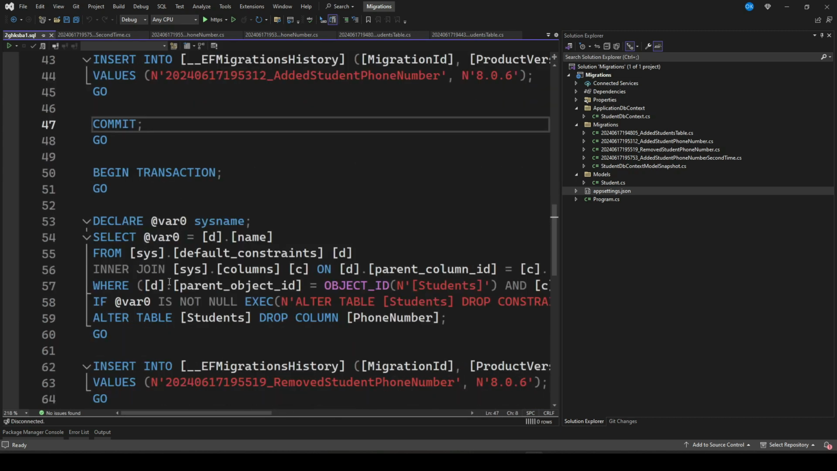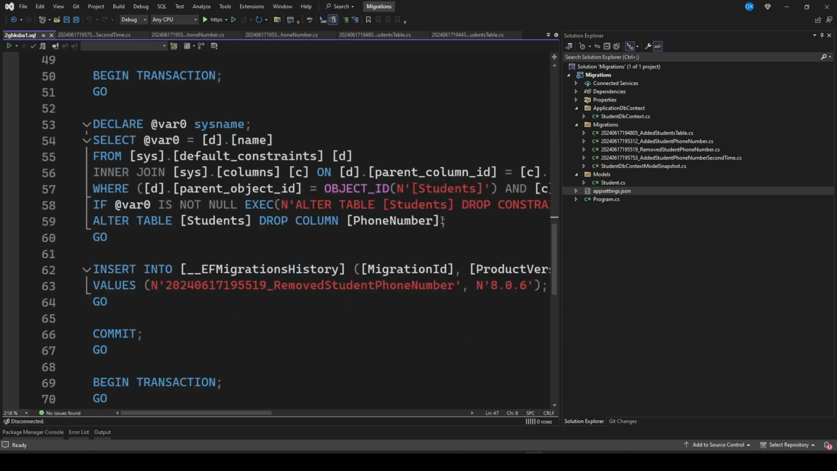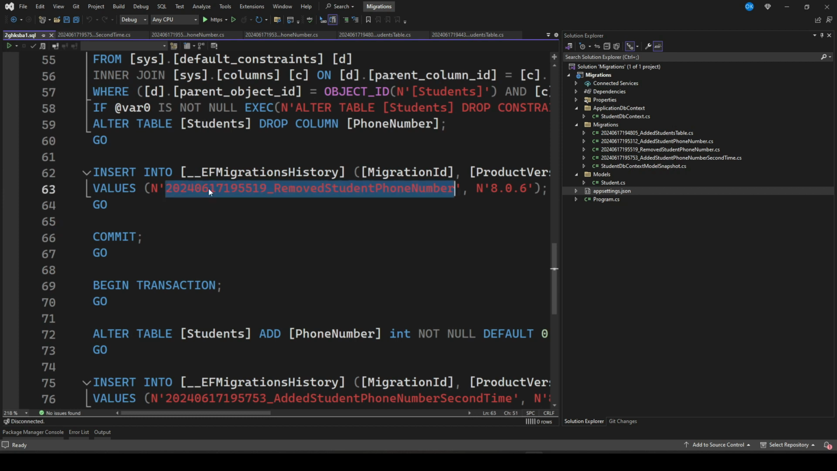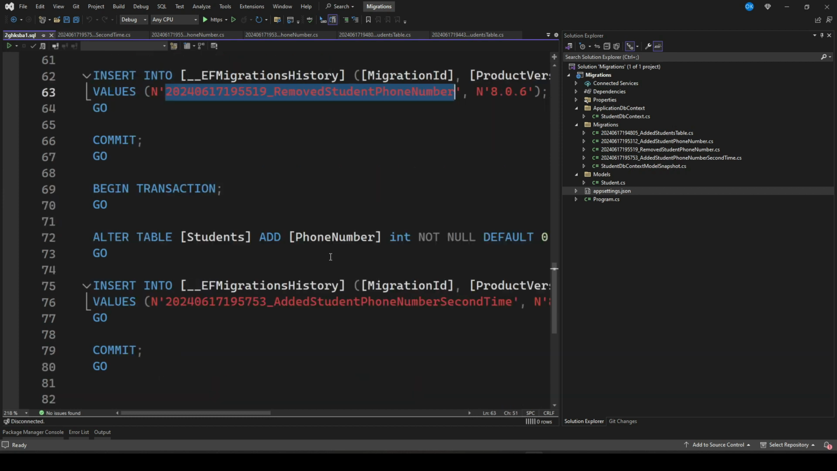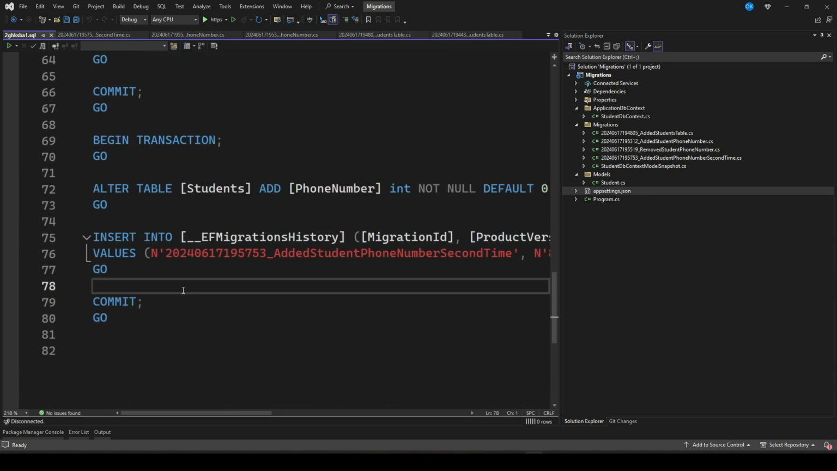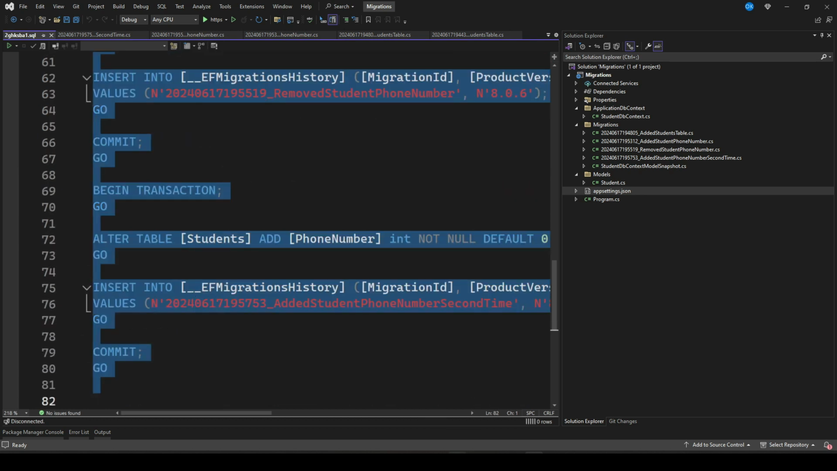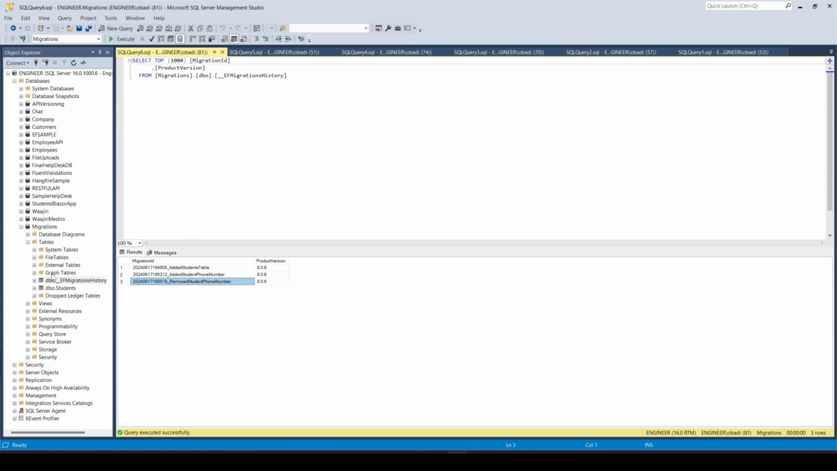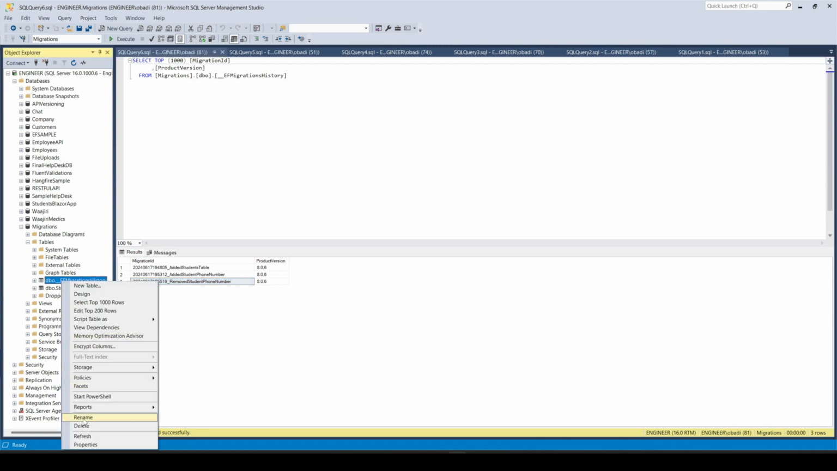Then we also altered the table. We dropped the phone number at some point. Then we also added this. You see all these migration values are being added. So all these are changes that you can now copy. And if you go directly to the database, let me just show you something. If I just delete this